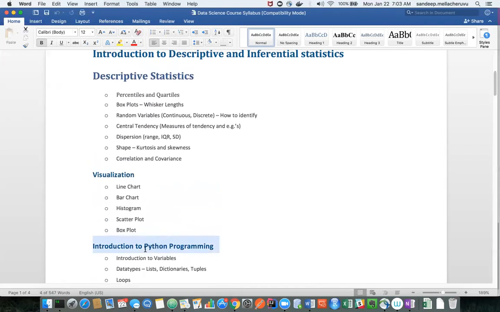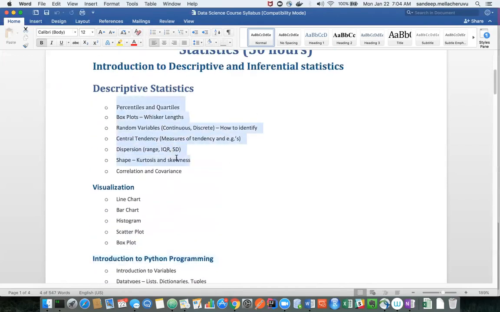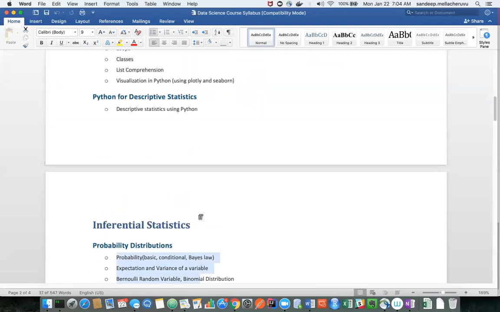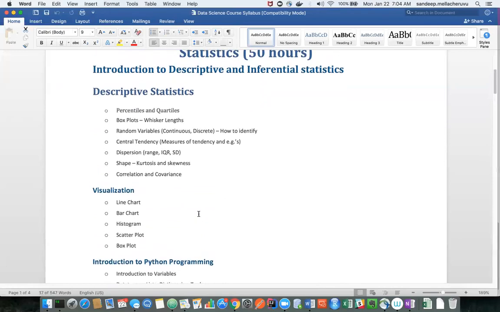Now I'm going to teach everything on Python. But initially, for some of these descriptive statistics, and even in inferential statistics, I'm going to teach some Excel concepts as well. I'll show most of the things in Excel, then transfer your knowledge from Excel into Python programming. The reason is that any higher level language is going to hide some of the details.